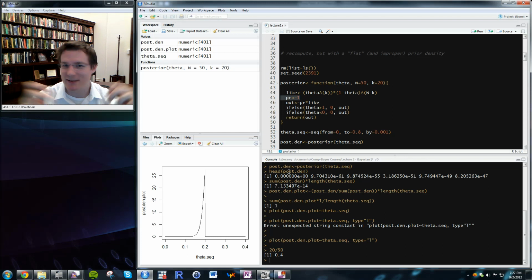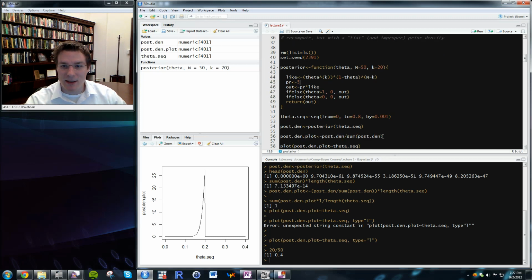But I could set this to 5, and that would integrate to 5, which is obviously not a proper prior. It's not going to matter, because I'll just come down here and divide by the sum of the posterior density,